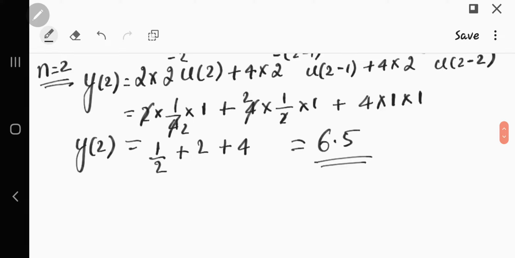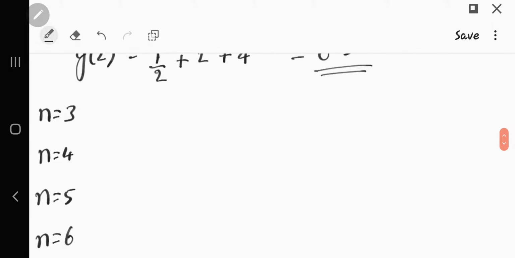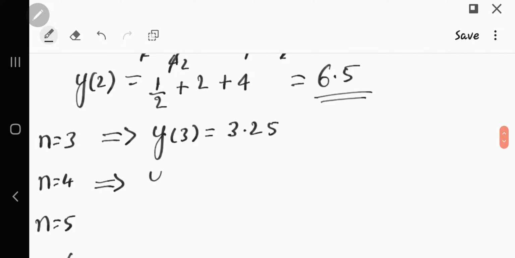So in the same way, you have to apply the values for n is equal to 3, n is equal to 4, n is equal to 5 and n is equal to 6, and you have to find the values for y of 3, y of 4, y of 5, y of 6. So anyhow, I will give you the values for y of 3. You can verify this. So y of 3 you are supposed to get 3.25 and y of 4, you should get 1.625